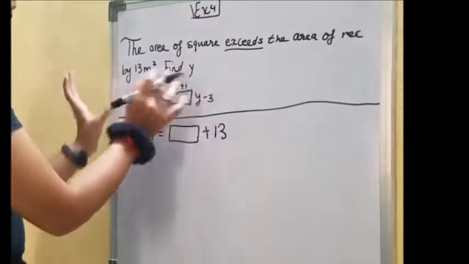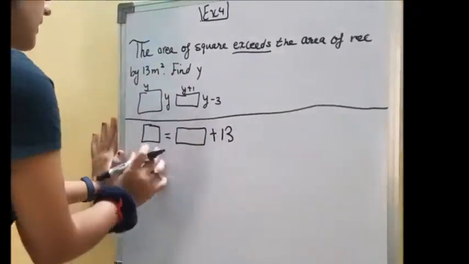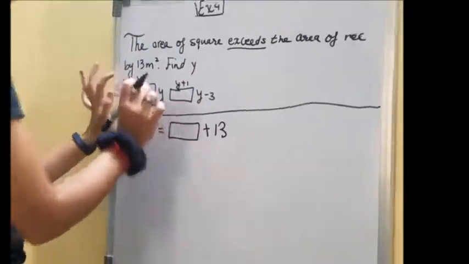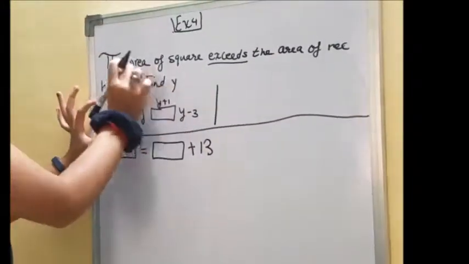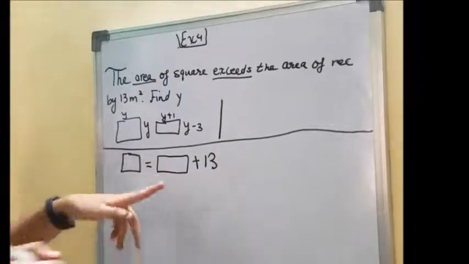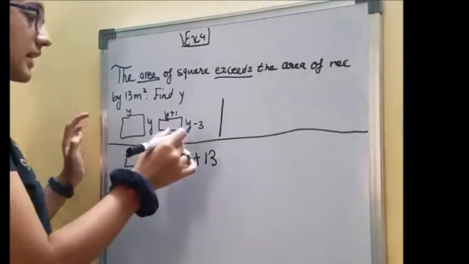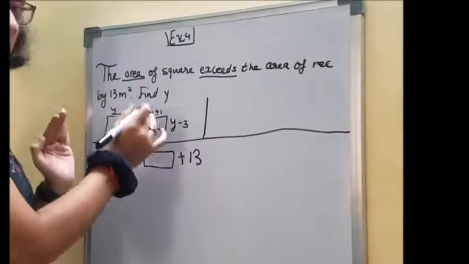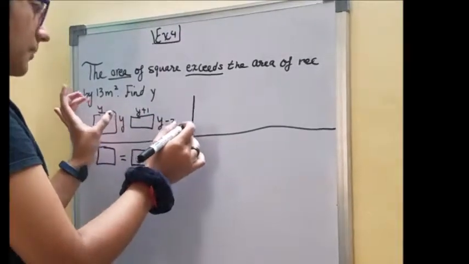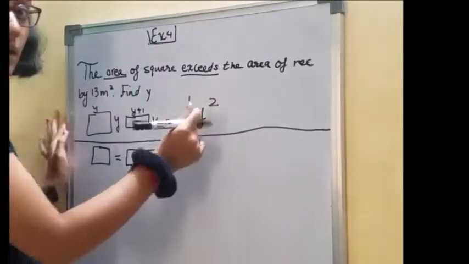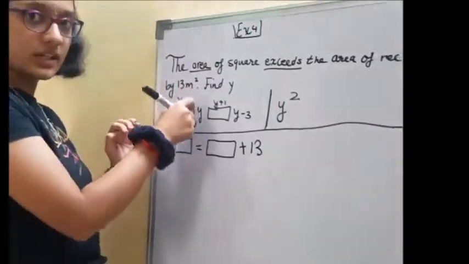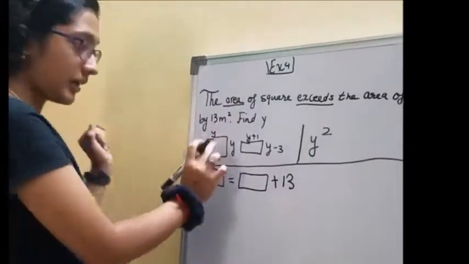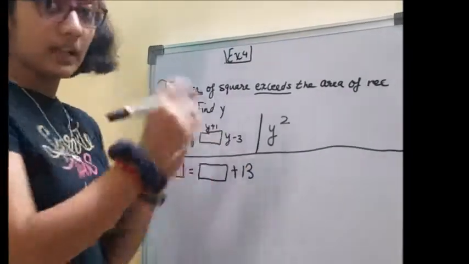Now let's substitute the variables, and for this one it is y times y. If you know the area, that's another keyword for this one, which means you have to find the area of both. So y times y will be y squared. For example, if here it's 13 and here it's 13, you have to do 13 times 13 to get the area. Just like this, you have to do L into B,